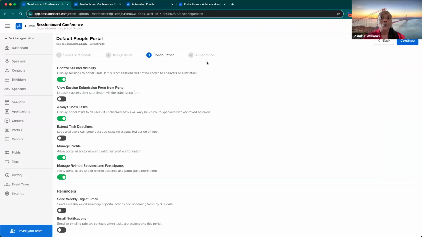Again, that's where you can control what people can see and do when you have Manage Profile and Manage Related Sessions and Participants enabled. Right, so similarly to how in the configuration step, when we are showing whether or not speakers can see their submission form, we have the same exact permission